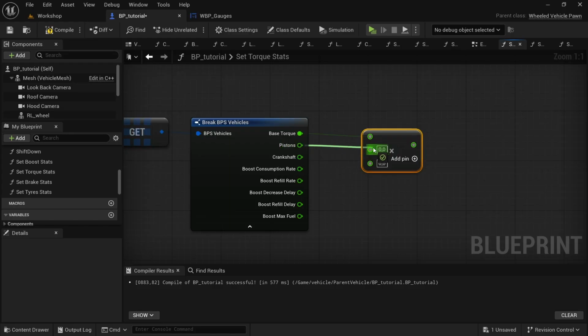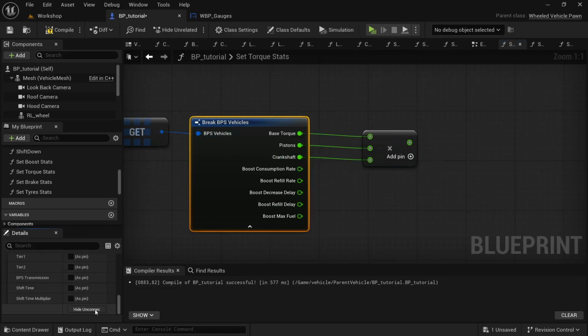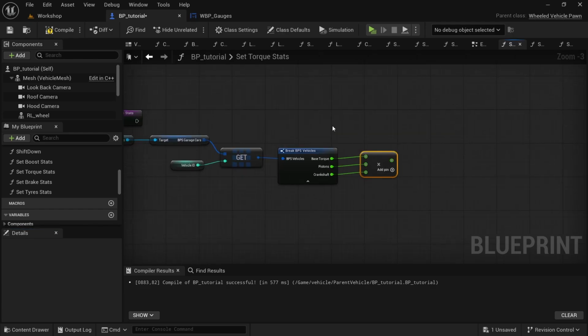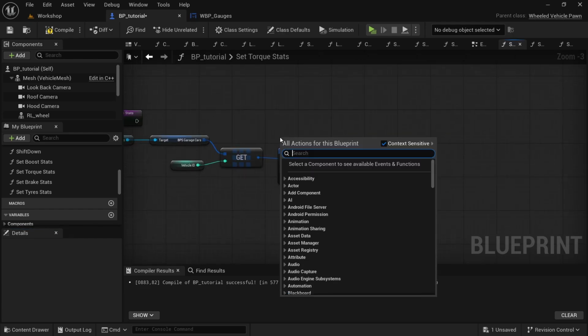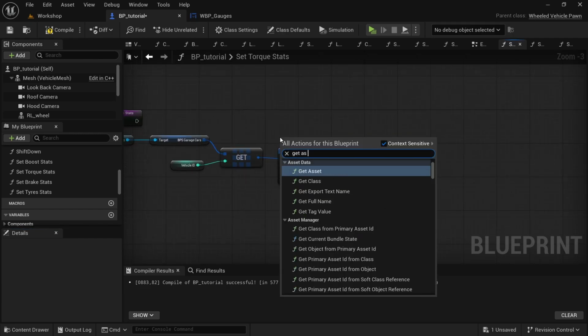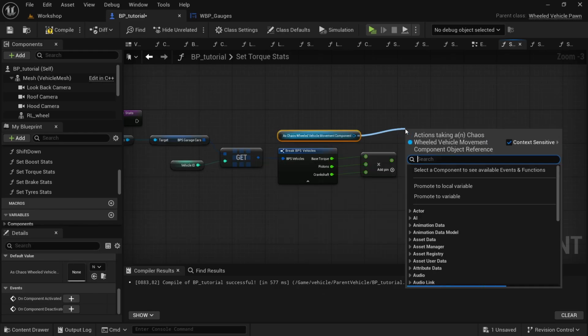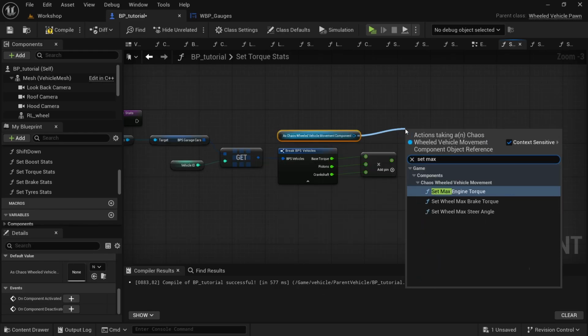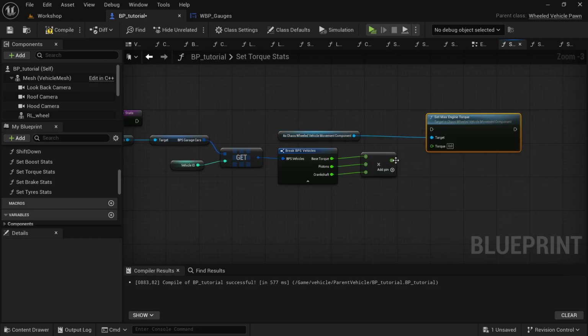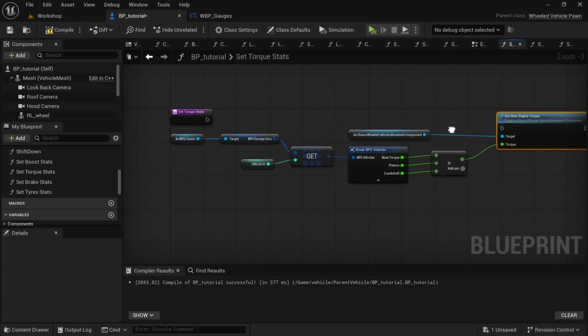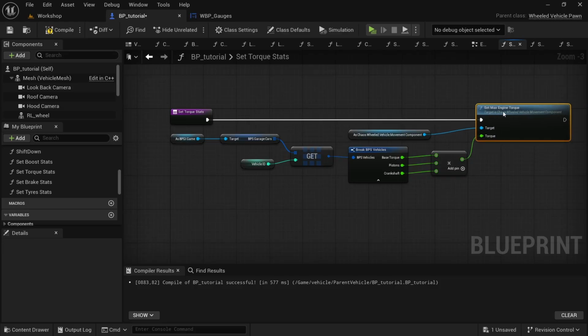So we're going to connect the pistons, going to connect the crankshaft, select the break, going to hide unconnected, and then we're going to right click, and then we're going to look for get as Chaos Wheeled Vehicle Movement Component, drag off from there, and then we're going to look for set max engine torque, and then from the multiply, connect that to the torque, and then connect the execution pin, and then that's how you're going to do the engine torque. Going to compile,